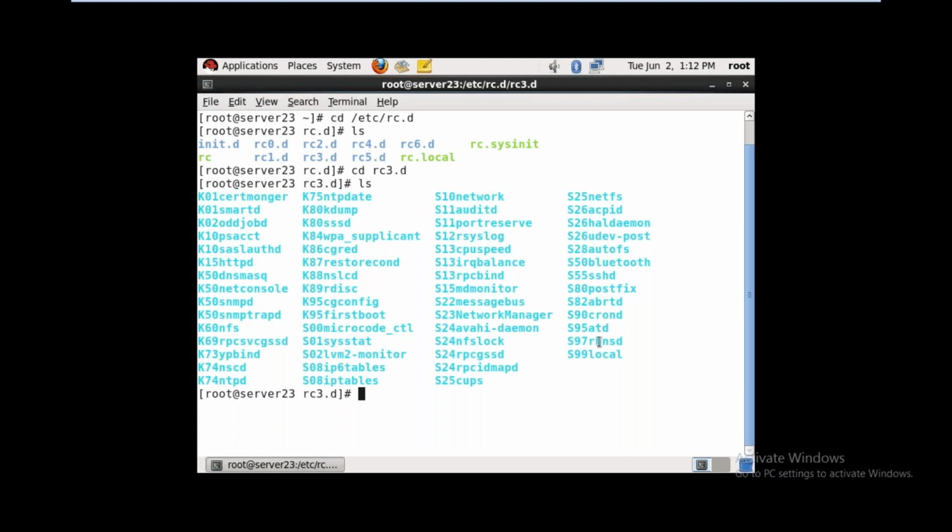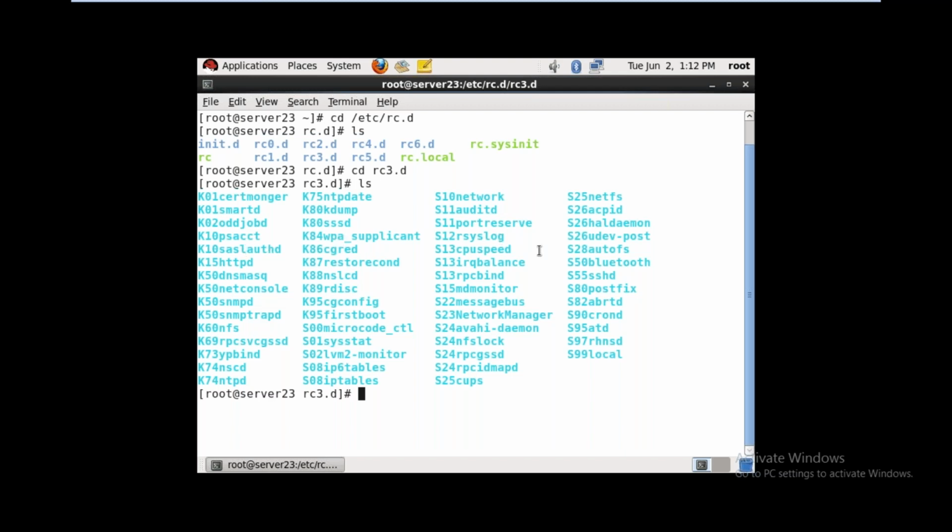When you power on, the system will boot and all the services will start, so the startup scripts will run. When you shut down the system, all the services will stop, so the killing scripts will run.